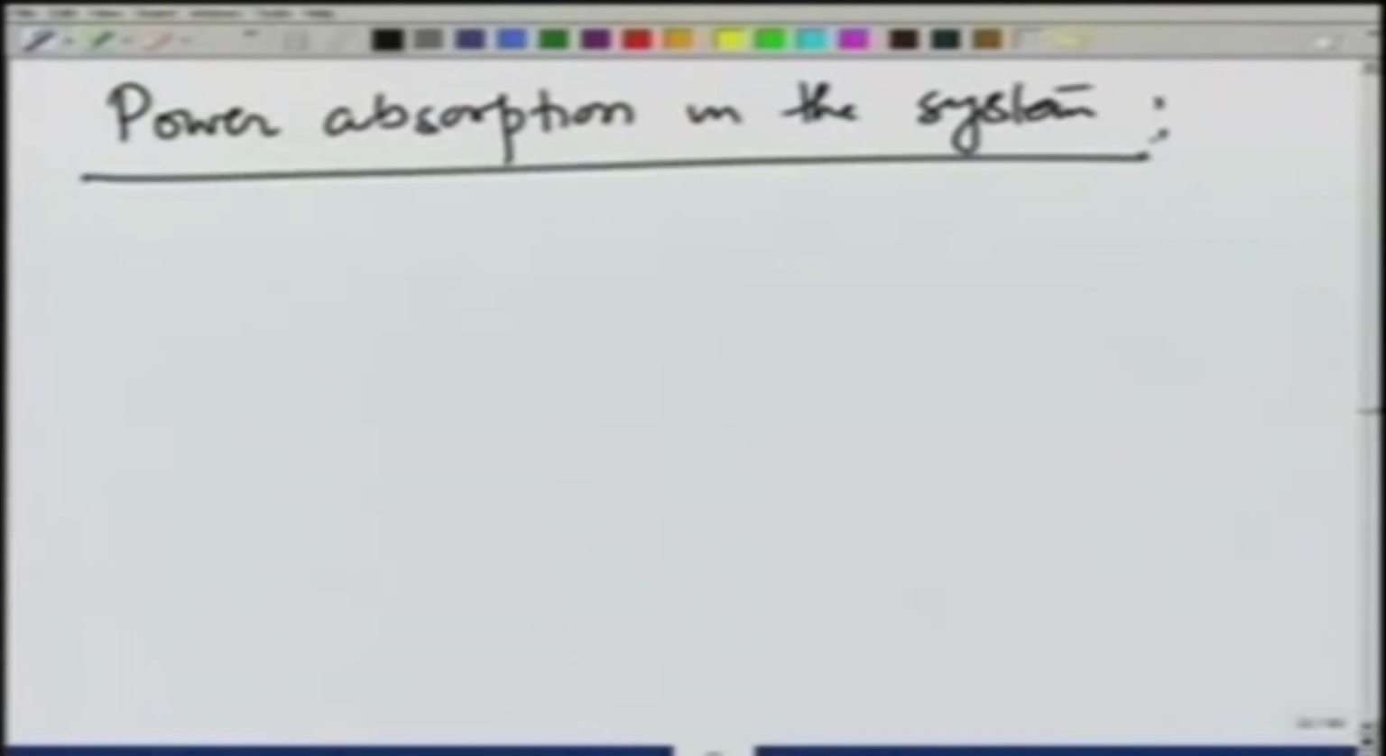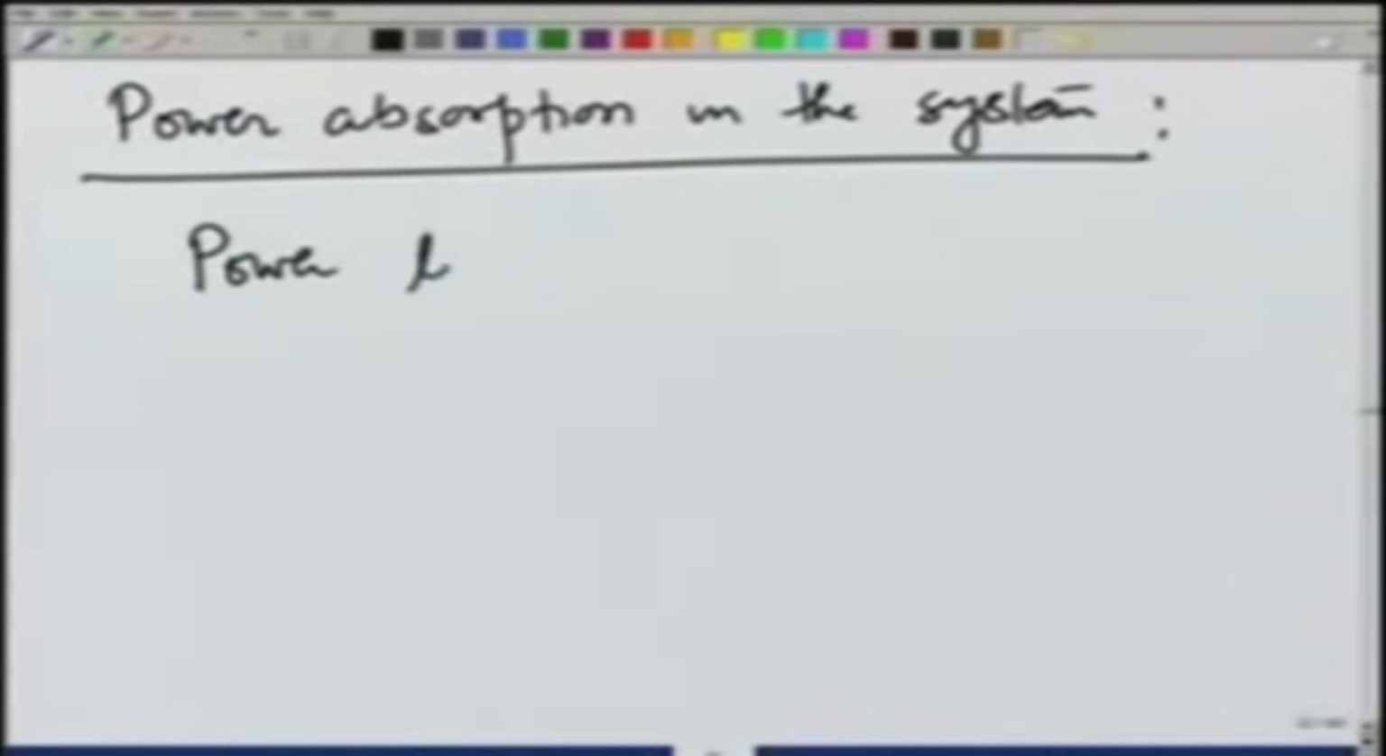How about power absorption in the system? Since there is friction in the system, obviously when the oscillator is moving, it is losing power due to heat, and that power is supplied by the force being applied. Now, power loss due to friction